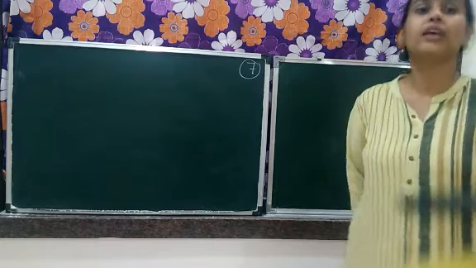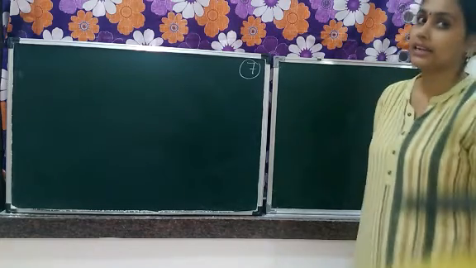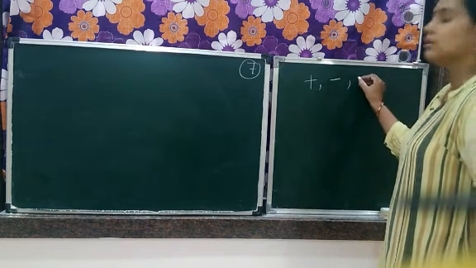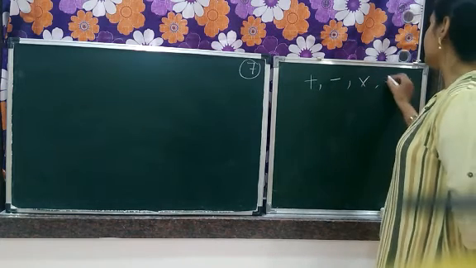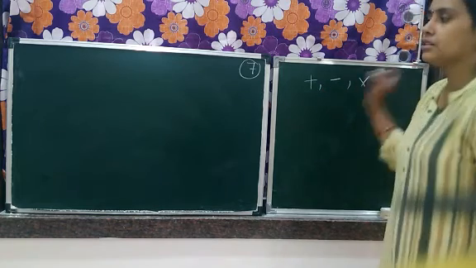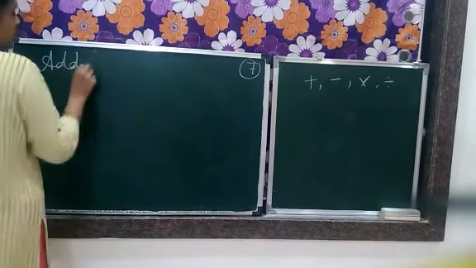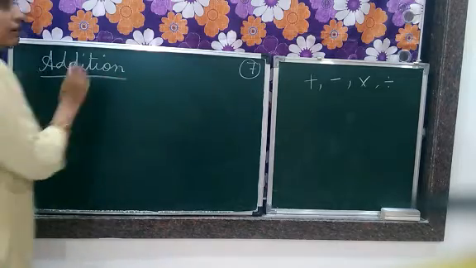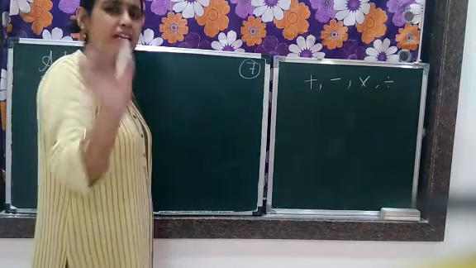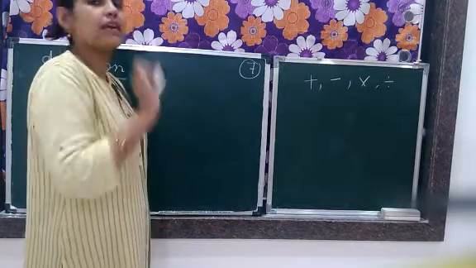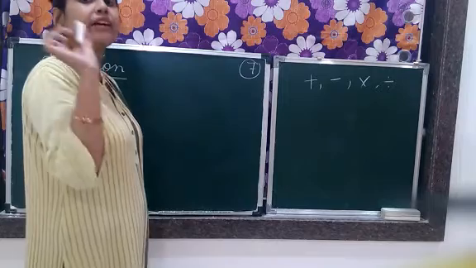How do we perform the different types of operations, that is four very important operations: plus, minus, into and divide, that is addition, subtraction, multiplication and division. So how do we do the addition? So children, how do we add two given rational numbers? Just like the fractions. How do we add two fractions? The same way we add the two given rational numbers.